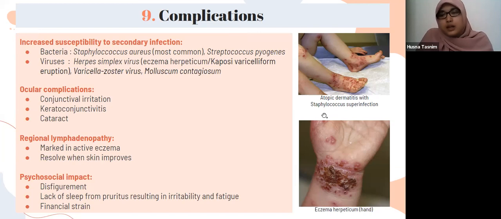So in this picture, you can see atopic dermatitis with Staphylococcus superinfection and eczema herpeticum due to HSV. Okay. Ocular complications can also occur, such as conjunctival irritations, but the less common ones are keratoconjunctivitis and cataract. Regional lymphadenopathy can also occur, but it is often in active eczema and resolves when